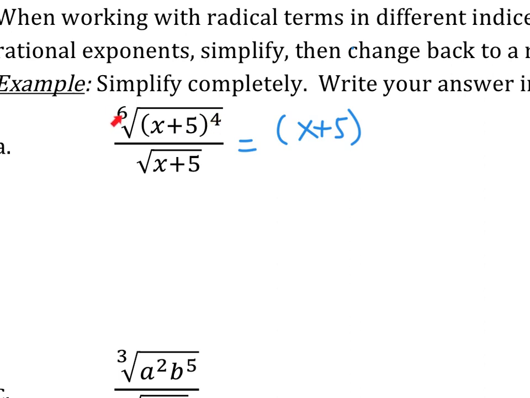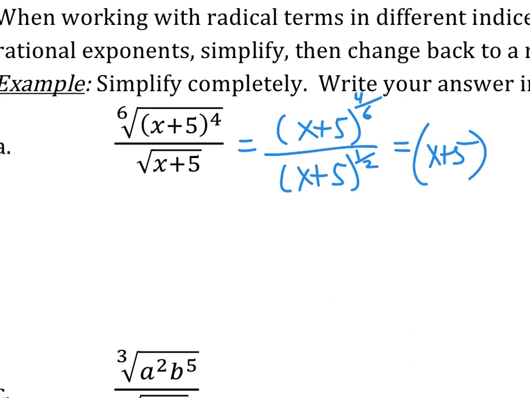So remember that we got x plus 5 to the 4th power, and this is a 6th root, so we're going to have that as a fraction, 4 over 6. And now we have x plus 5 on the bottom. It's a square root. That's a 1/2 power. All right? Well, remember when we are dividing, now notice we have the same base, x plus 5 and x plus 5. When we're dividing, if we have the same base, we can just subtract the exponents. So this gives us x plus 5, and we have 4/6